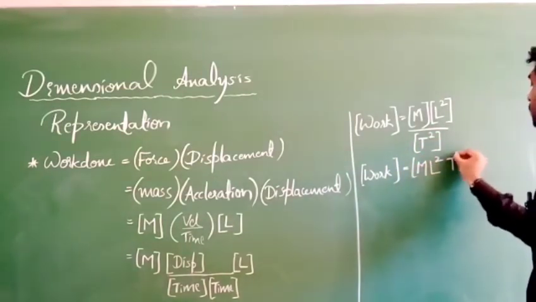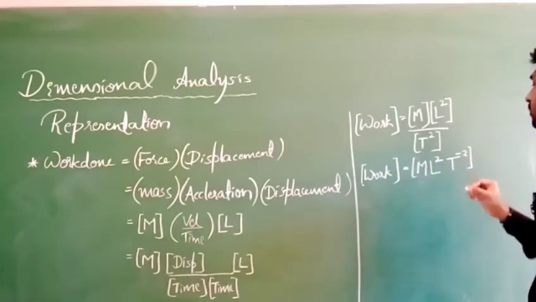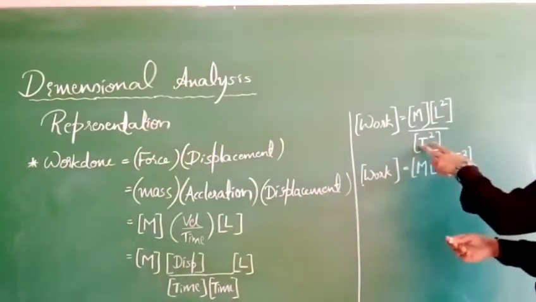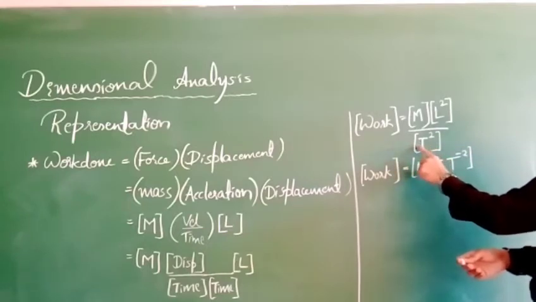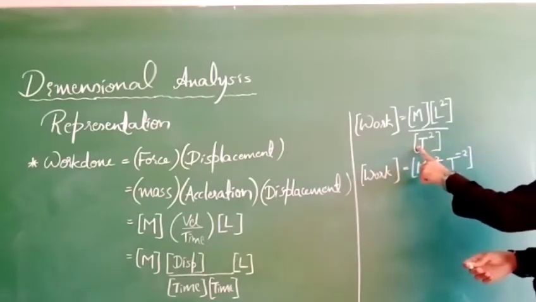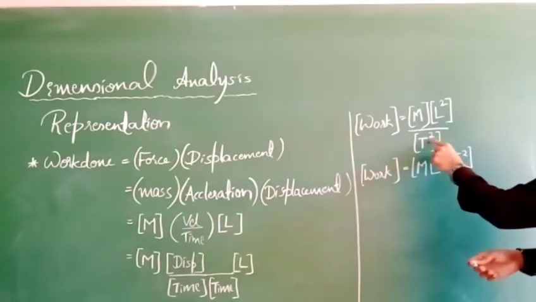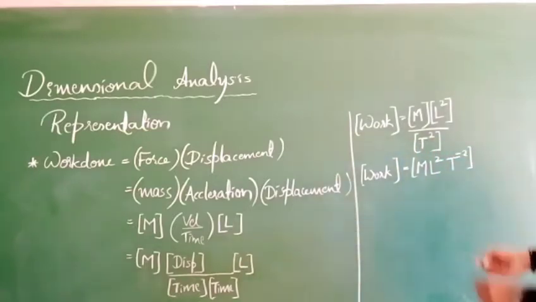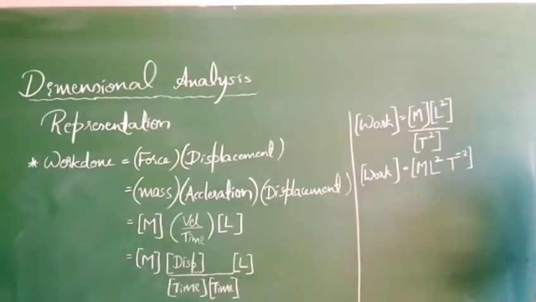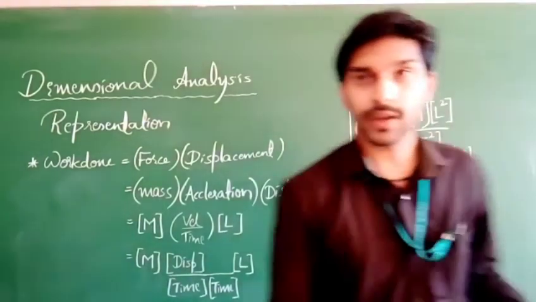So whenever we are shifting from numerator to denominator or denominator to numerator, we will be changing the sign of the power, not the sign of the complete quantity. The sign of the power here was plus 2. Nothing was written, which indicates plus 2. If I am taking this t square to numerator, it will become t power minus 2. Clear? Shall we go to one more example? You can note it down.